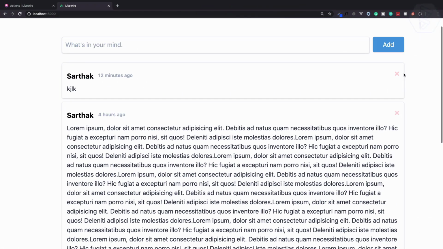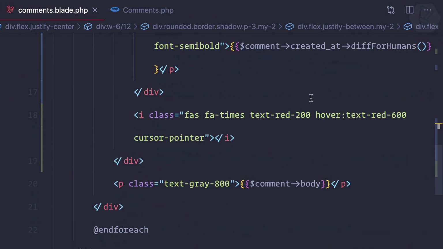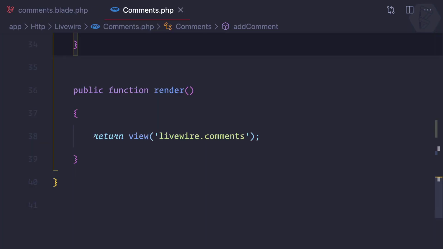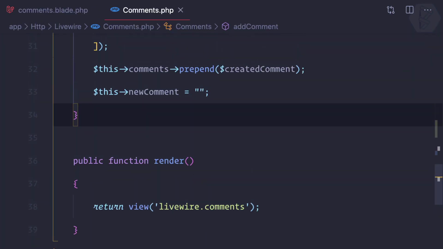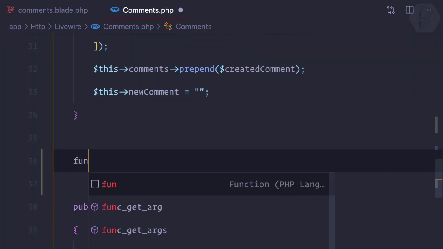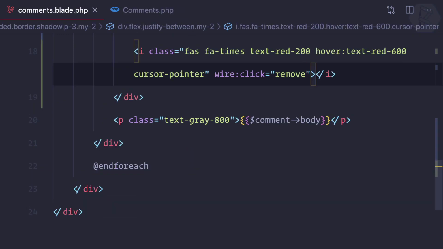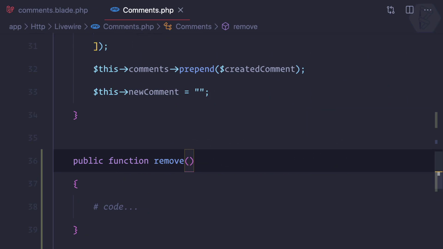Cool. So when we click on this, we need to delete it. That means we need a wire click event, wire click, and we need to say I'm going to remove. As we know, we need to create a function in our component. So let's create a function called remove,